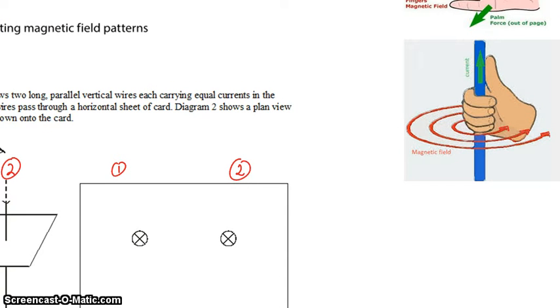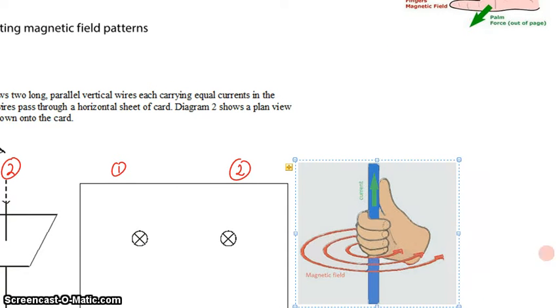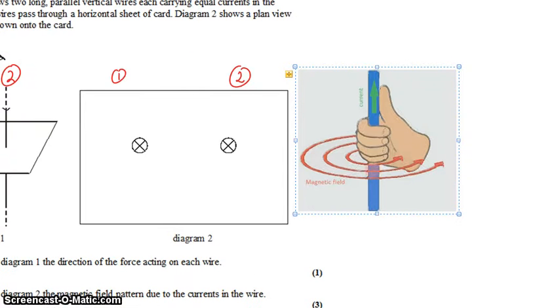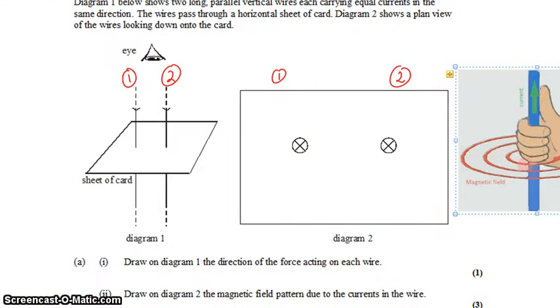If you have a current-carrying wire, if you wrap your fingers around the wire, so your thumb points in the direction of current, and you wrap your fingers around the wire, the direction in which you wrap your fingers gives you the direction of the magnetic field. And the magnetic field winds up looking like concentric circles around the wire, or maybe like concentric cylinders around the wire. So thumb goes in the direction of current, fingers wrap around. So let's see if we can apply this diagram